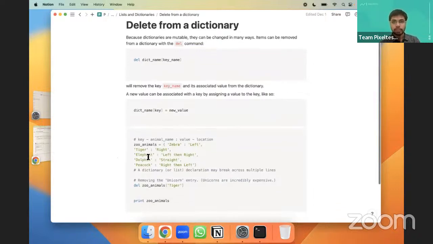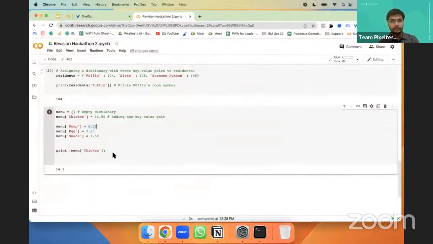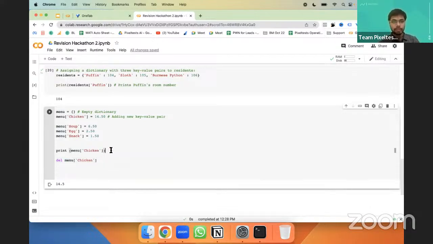You can use this particular notation, del, the dictionary name and that particular key. Okay, so I'm going to say del and say menu, like let's say menu chicken, right? So now print menu once again.